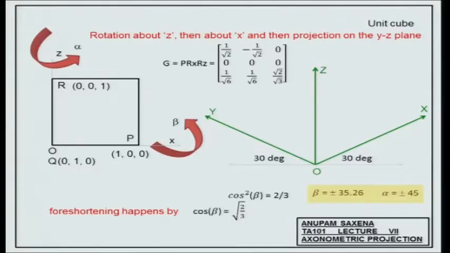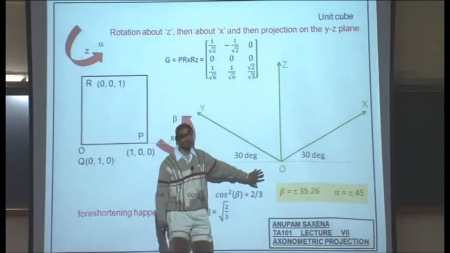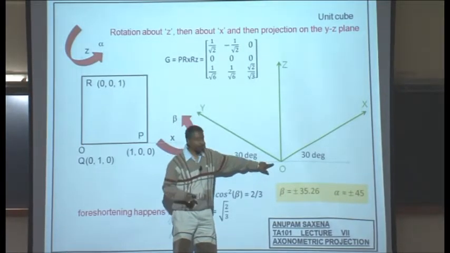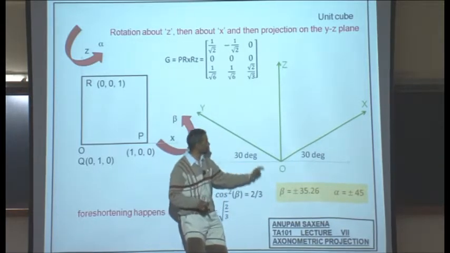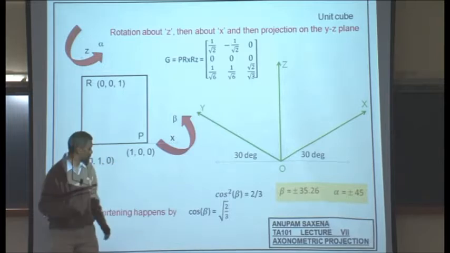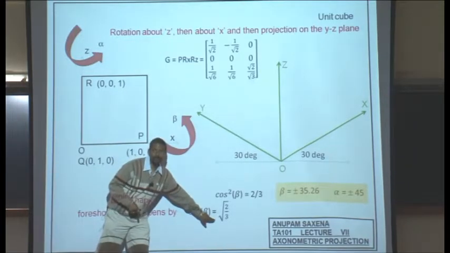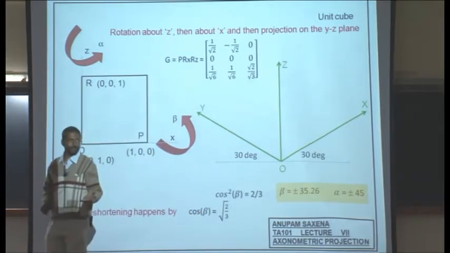So the lengths in all three dimensions have shortened by an equal amount, which is root 2 over root 3. Through this lecture, you can understand the math, but the take home message is this part. When you start drawing your isometric views, pick a point on your sheet, draw the x-axis at 30 degrees to the horizontal, draw the y-axis at 30 degrees to the horizontal, draw the z-axis vertically upwards. Message 1. Message 2, your true lengths need to be multiplied by root 2 over root 3 to get the isometric lengths.